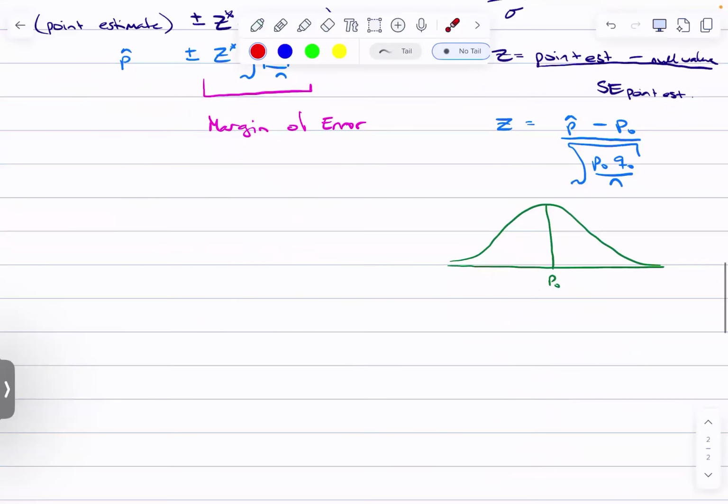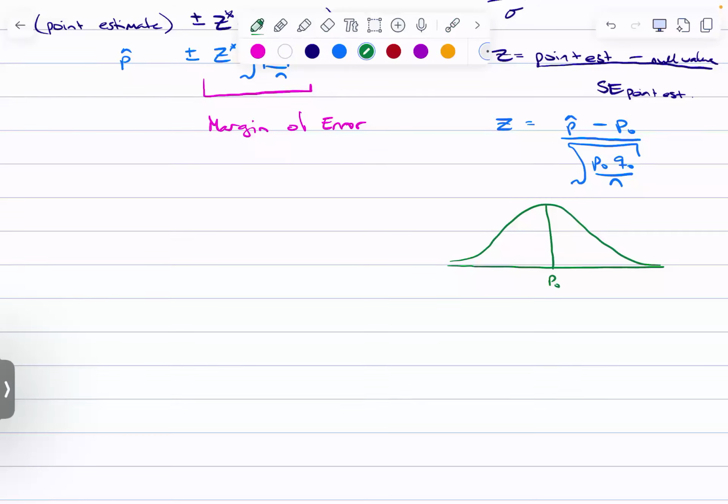I've held off on the alternative for a little bit. Right. That'll depend on the question. I still need to talk about P and how it compares to P naught, but whether I use a less than, a greater than, or a not equal to, right, that's going to depend on the question. So now I have